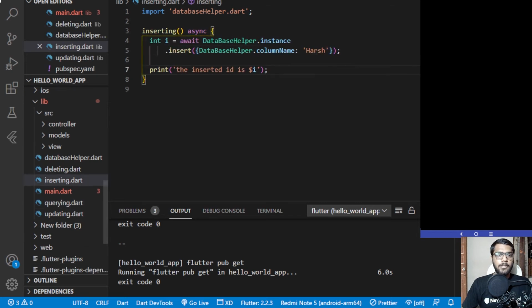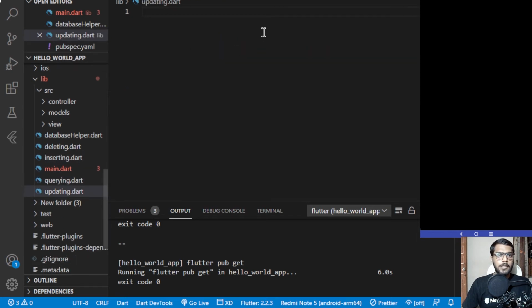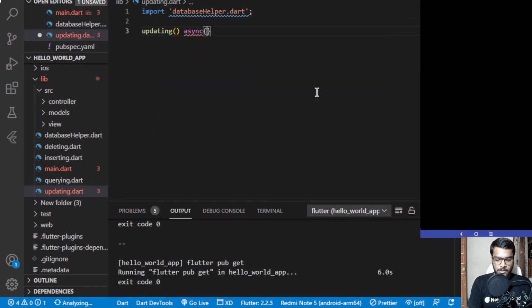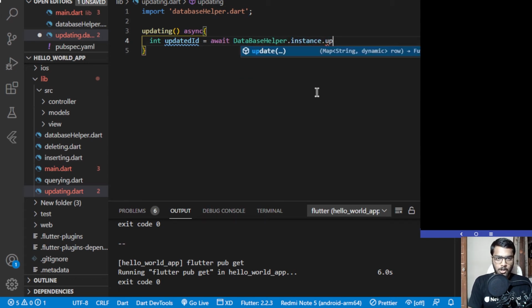Querying is completed, inserting is completed, deleting is completed, updating is remaining, so let's do that as well. Import database_helper.dart, updating async, and integer updated id would be equal to await DatabaseHelper.instance.update, and herein we have to pass the row.